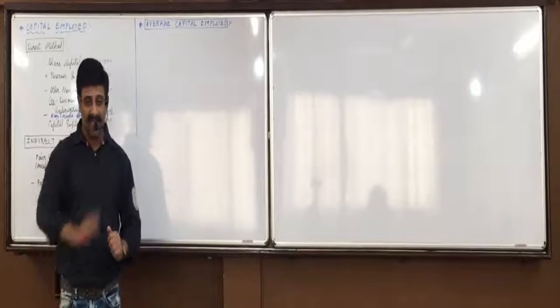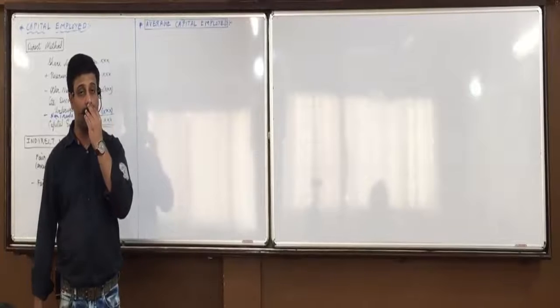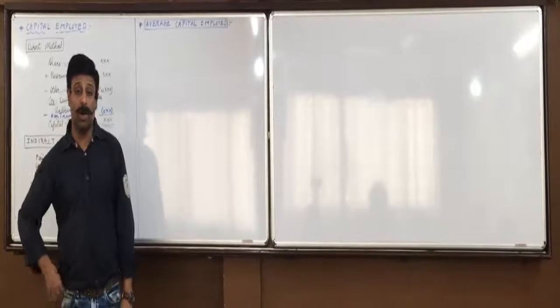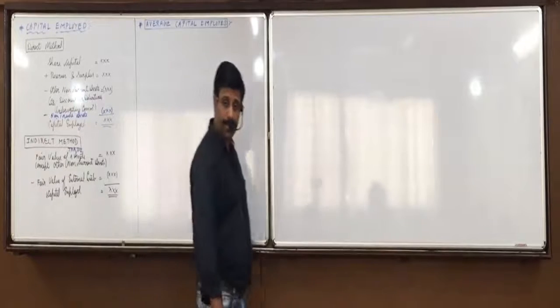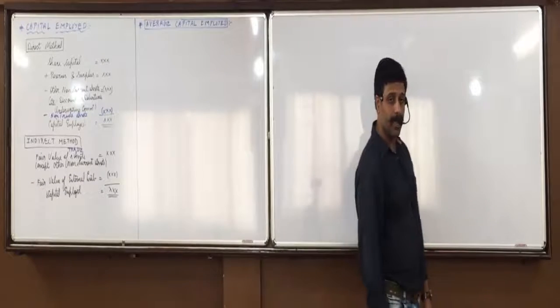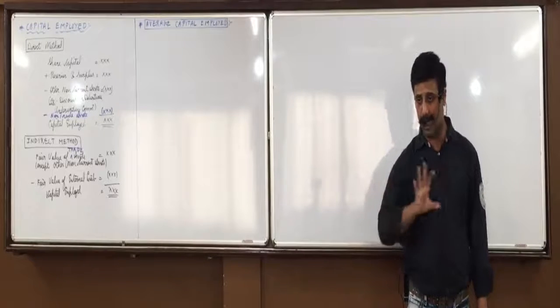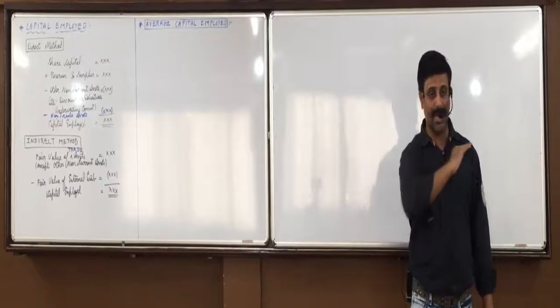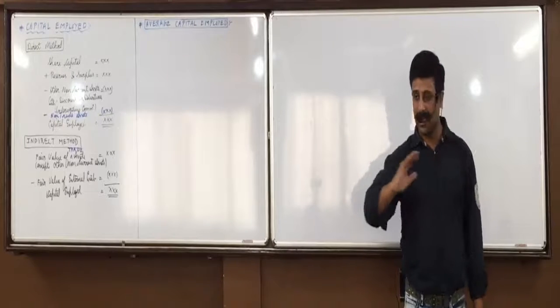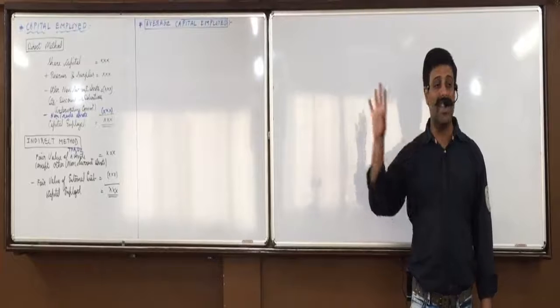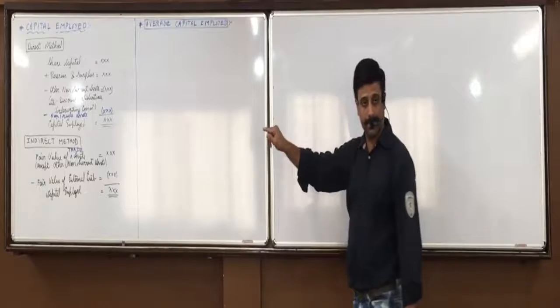Profits is a flow concept. When do you earn the profits? Do you earn it on a particular date, 31st March? You earn it from 1st April to 31st March, between the years. So I call it a flow concept. It is flowing during the year. But capital you are finding on 31st March.